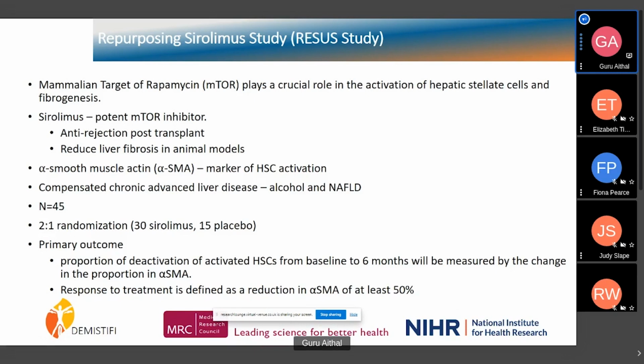So if it worked, then you already have a drug which can be repurposed at low cost, without development, accelerating translation to prevent people getting fibrosis in other organs. It's just a concept. This is a proof of concept study, but that is what we hope the best outcome from such a thought process is.